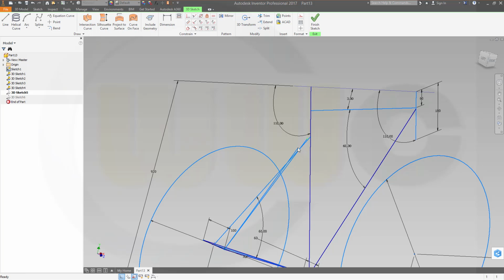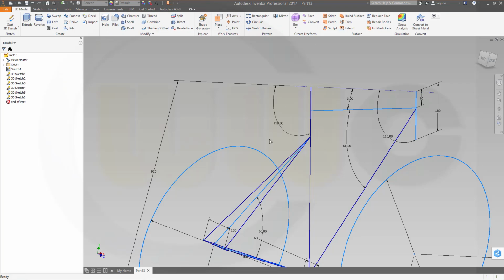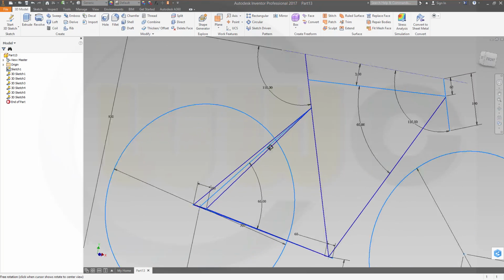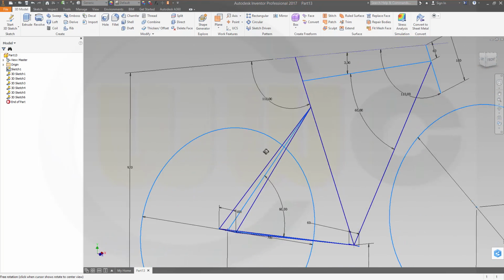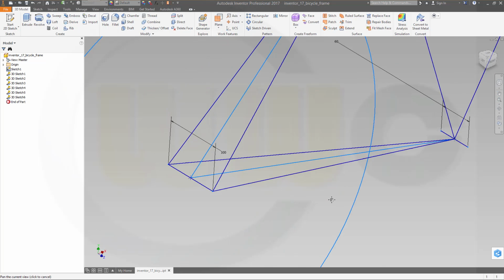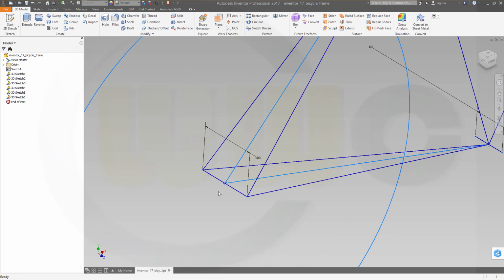Yes. So that point should be coincident to this one. And finish this sketch as well. This looks okay. Okay, 2 lines are missing, so maybe let's hide this sketch. That's this one,